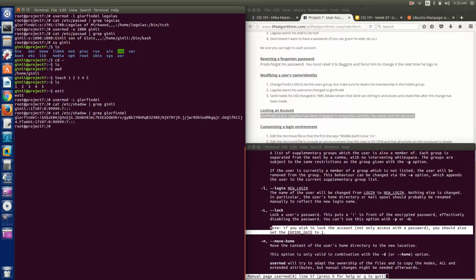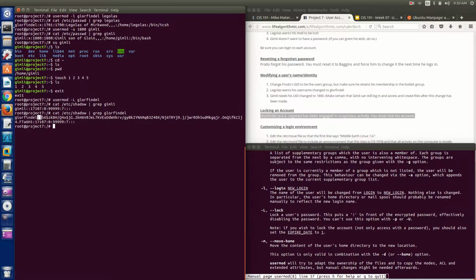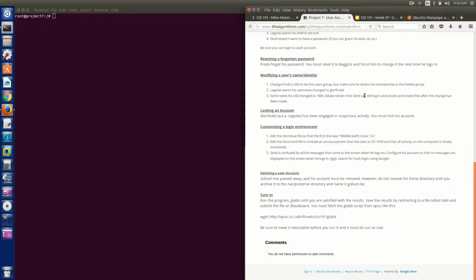Glorfindel. And right there is the bang I was talking about. So clear, boom, okay. Customizing login environment, edit the Etsy issue file so that the first line says Middle Earth